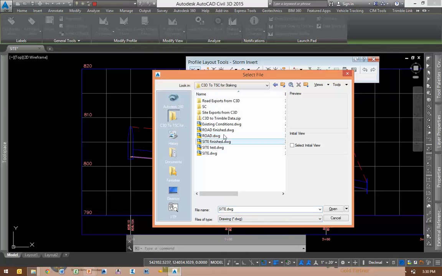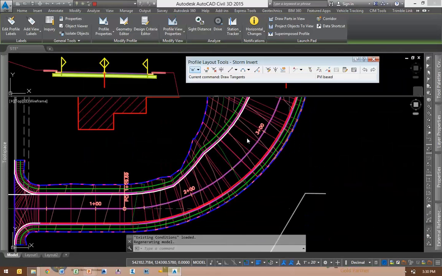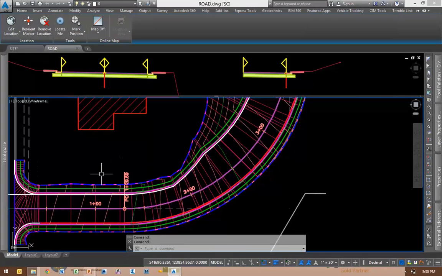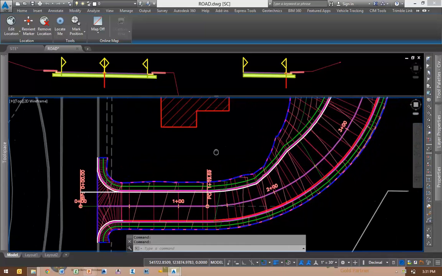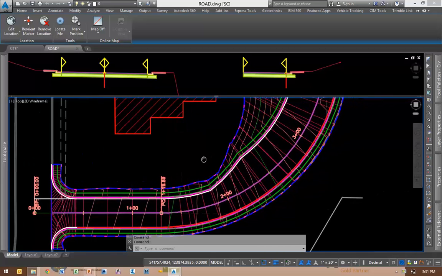Let me jump into this drawing. We've got a fairly simple corridor, a couple baselines, a couple different regions. And I want to point out a few things. We have a few different options here. We can export the entire corridor, or we can start pulling alignments and profiles out of this. A lot of it comes down to